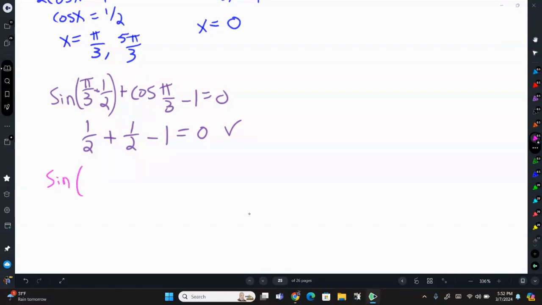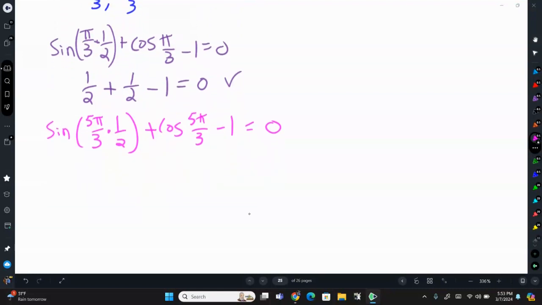So the sine of 5 pi over 3 times 1/2 plus the cosine of 5 pi over 3 minus 1 equals 0. So this becomes the sine of 5 pi over 6, which is positive 1/2, plus the cosine of 5 pi over 3, which is 1/2 minus 1 equals 0. That is also true. And then our last solution to check would be